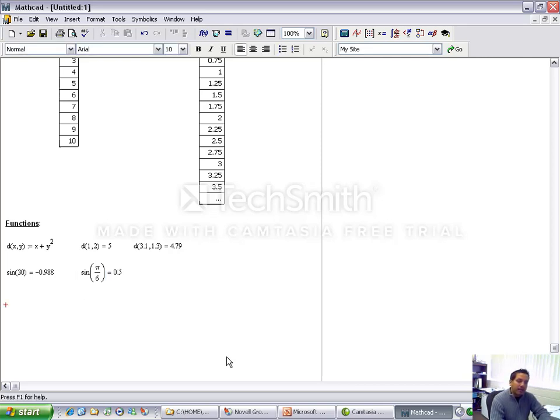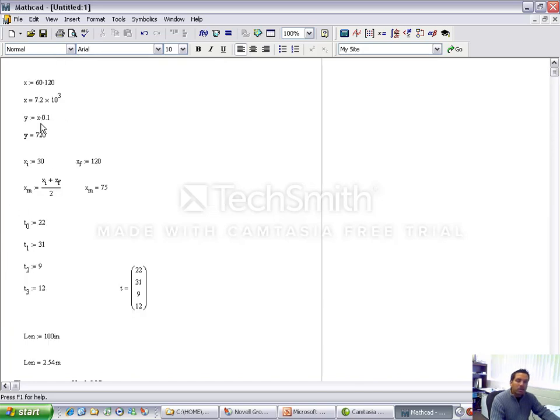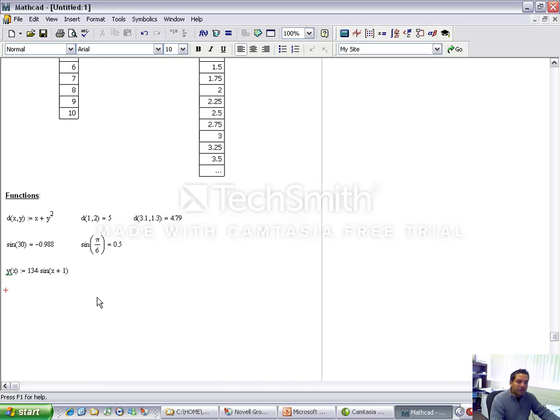I can define a function, if I wanted to, y of x is equal to 134 times the sine of x plus 1. It doesn't matter. It just uses a trigonometric function within it. It's giving me a warning because I already used y all the way up here. I used y for something else. So I am redefining, and that's fine. I can query the value of y at pi over 6 now. Now let's say the value of y at 1 radian is